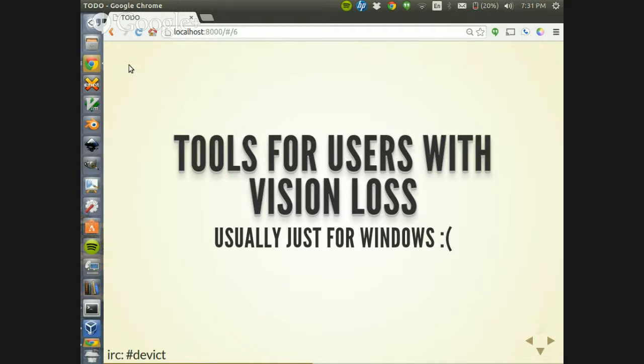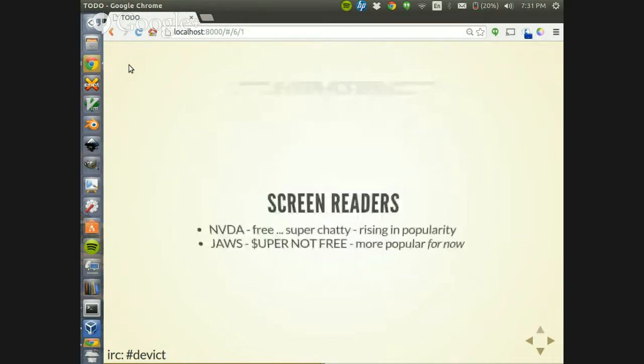You look at market saturation of operating systems and so on, you can kind of put two and two together and figure out why, if you're wanting to make money at developing these tools, you're going to ship first for the OS with the highest market saturation and user base. So sad face, but other OSs are catching up.